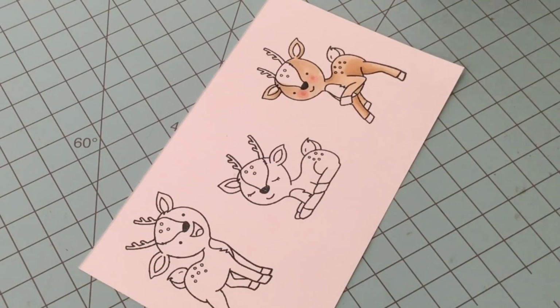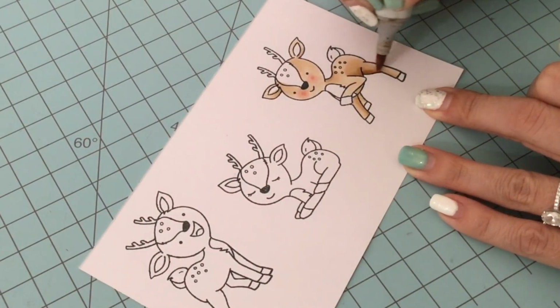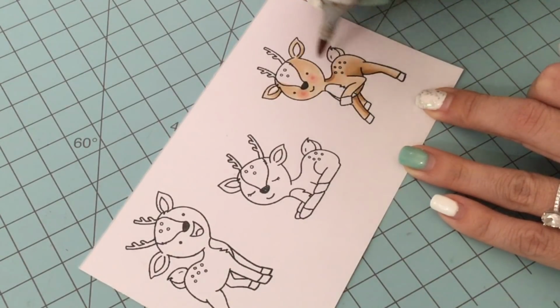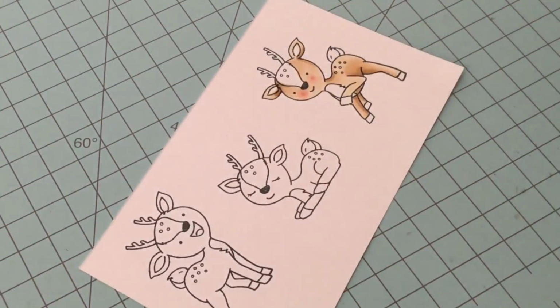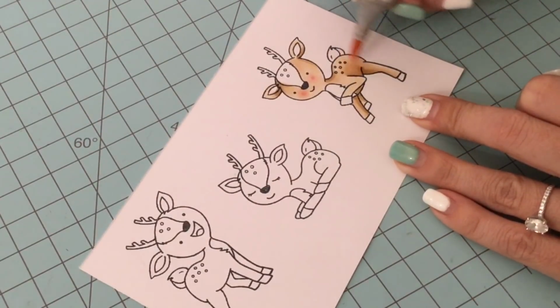Now if you want to, I want to show you how you can go back to add it a little bit darker. So usually when I color, I always do a second coat because the more color you lay down, the more it's going to start to blend. So I'm going to go back with my E31. We're going to deepen up those shadows. So I'm going to go in that same spot again. I'm going to come down the back side of his head just a little bit. And now we're going to pull that out. So I'm just going to take my marker, I'm going to flick,